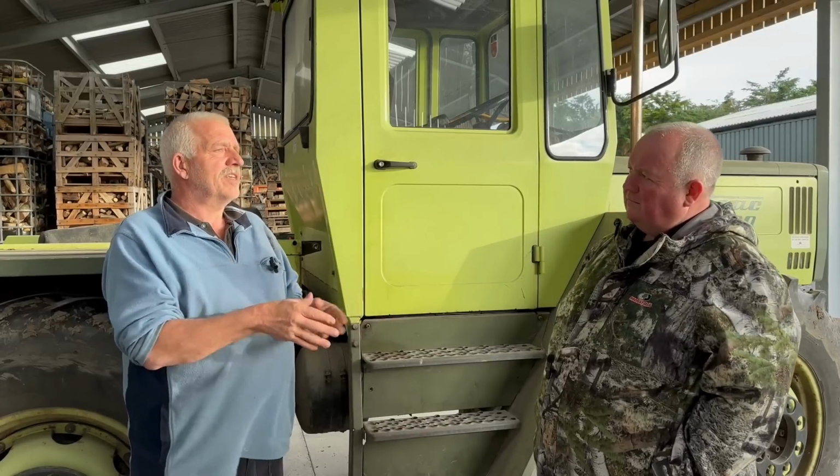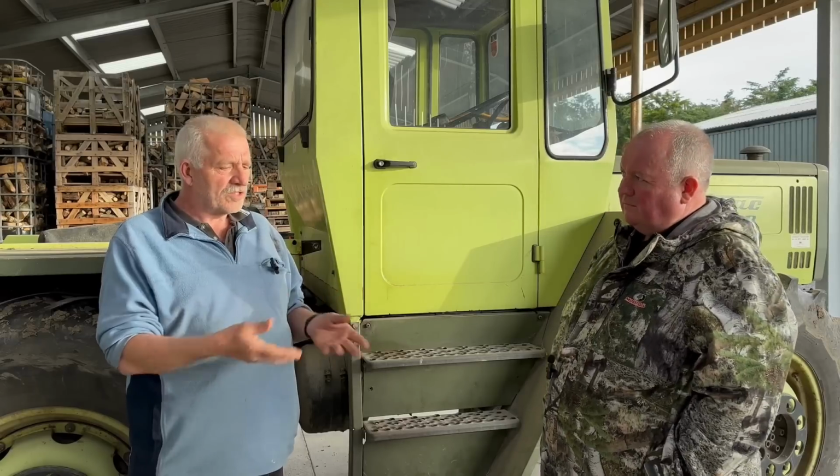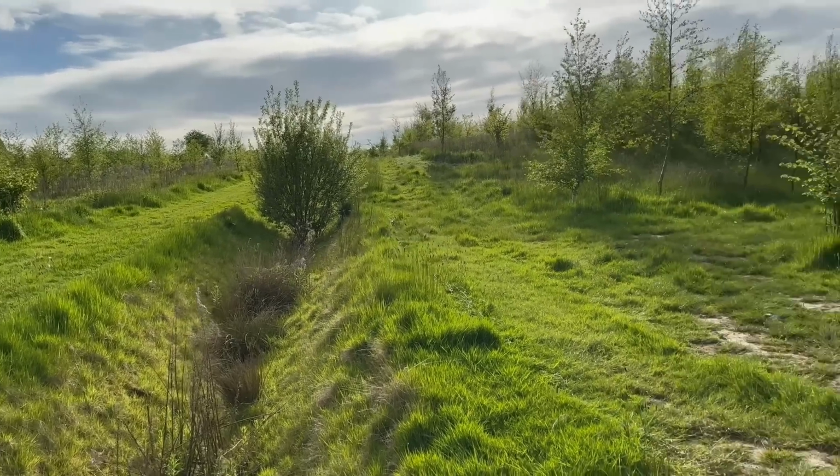After that, if that's full, then it goes to a pond. And that pond was cleaned out five or six years ago, and that's thriving. That re-established itself remarkably quickly. When that pond is full, it overflows into a pipe that takes it down to a ditch. I've slobbed that ditch out twice, but we don't do it annually. In the bottom of that there's lots of grass and willows growing and self-seeding,